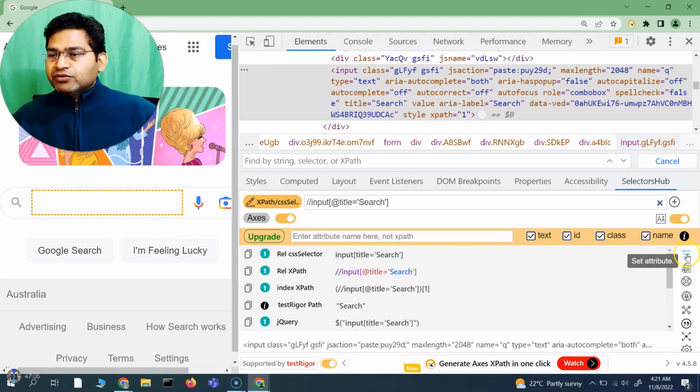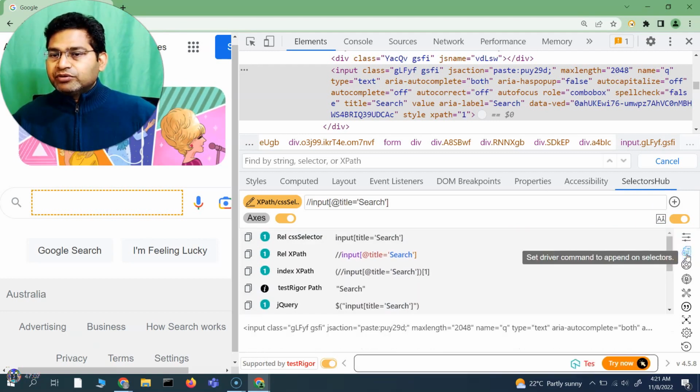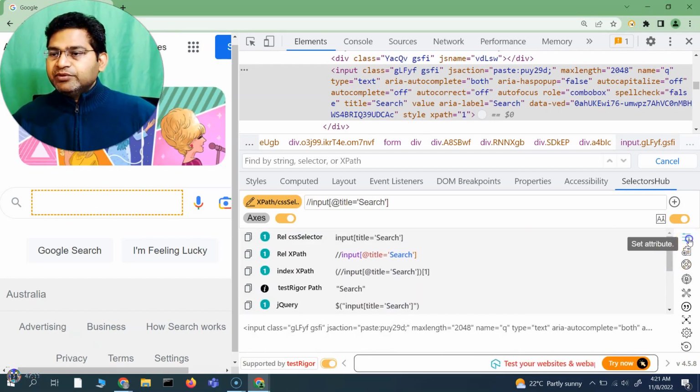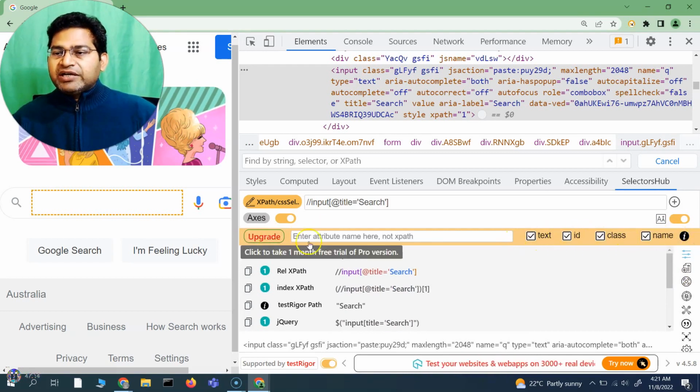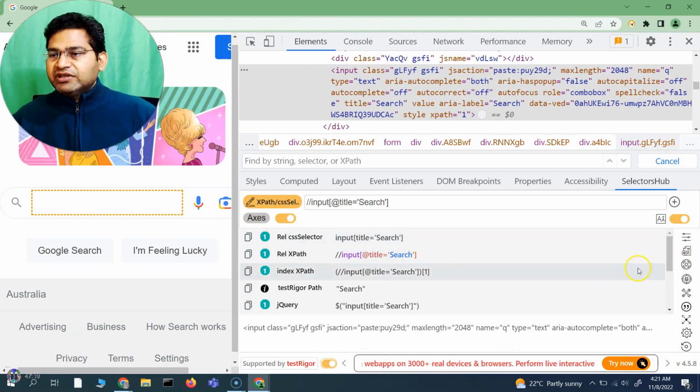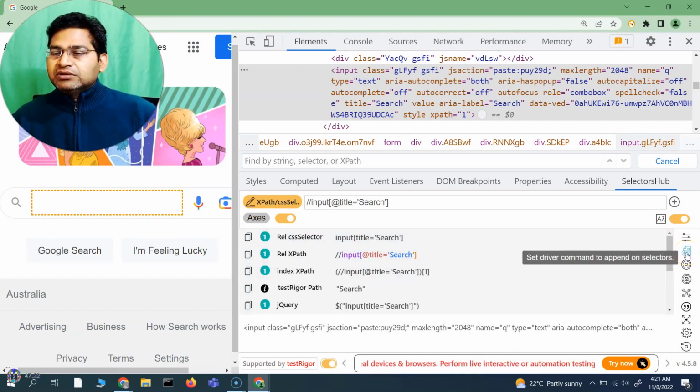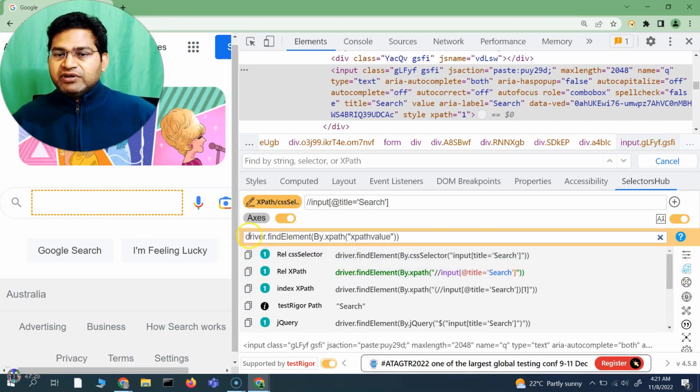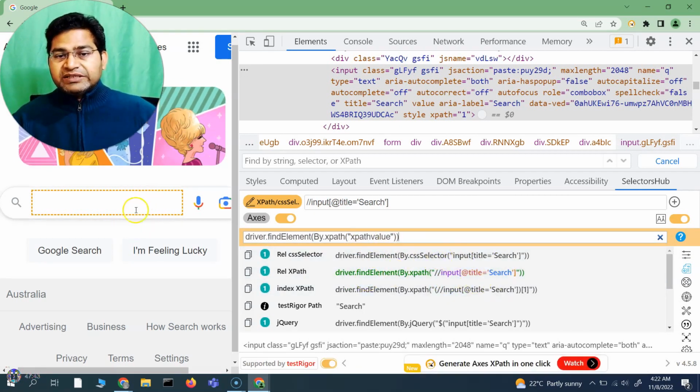Now apart from that, you can also click on set attribute. As soon as you click on set attribute, you will see this particular bar here. If you want to disable it or hide it, click on that and that will disappear. If you see here, you will see this icon is set driver command to append on selectors. So if you click on this driver, you'll see driver.find element by.xpath and then the XPath value, it will basically then append all of the locators that are being highlighted or being selected here